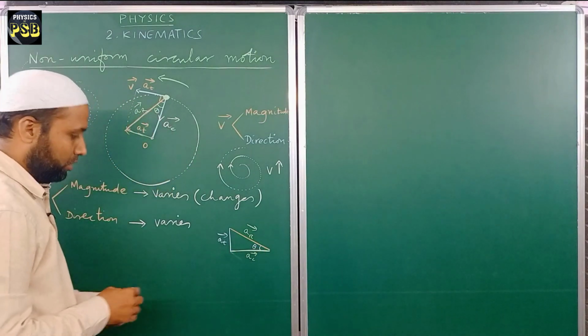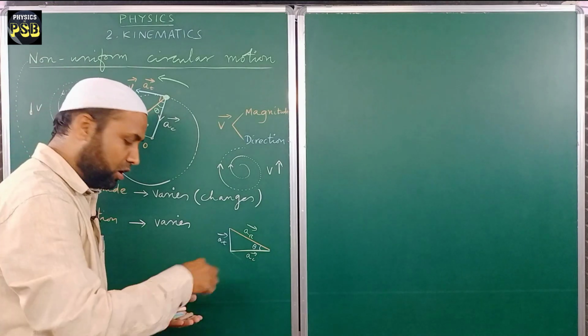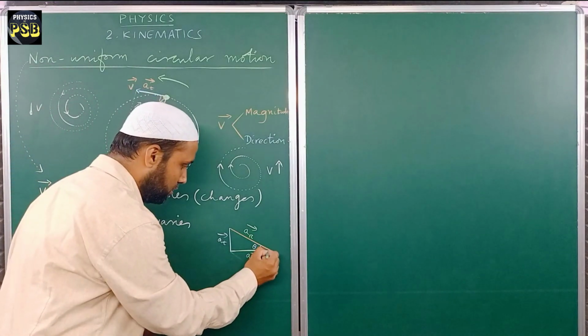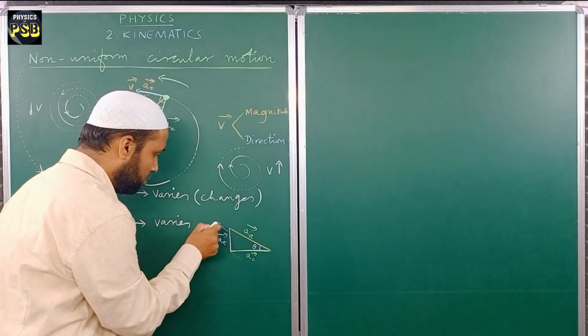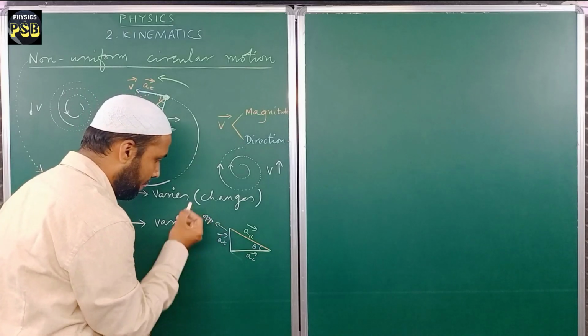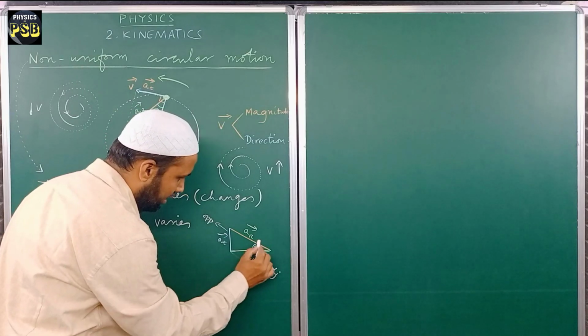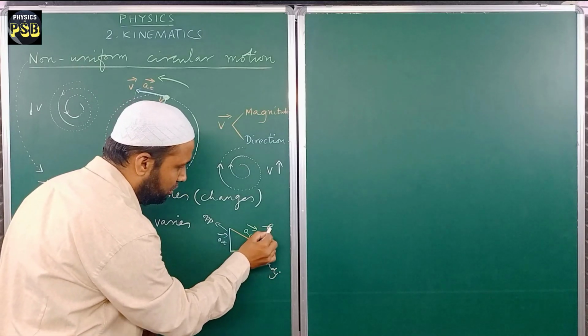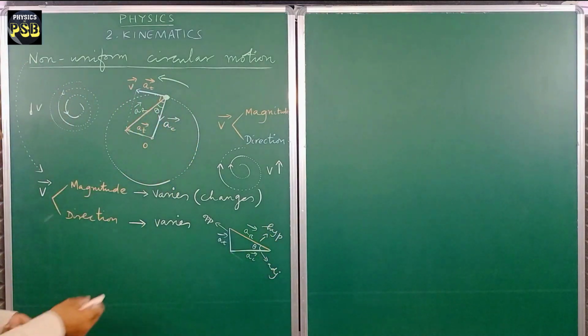Now, according to trigonometry or geometry, this side is called the opposite side. This is the adjacent side, and this is the hypotenuse of this right angled triangle. Now, by keeping this in mind,